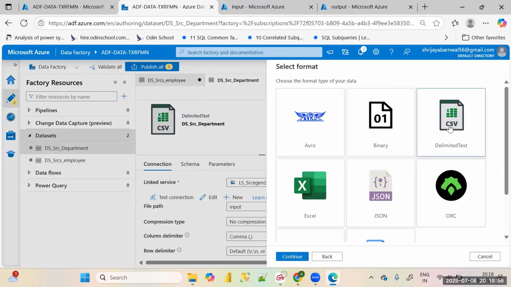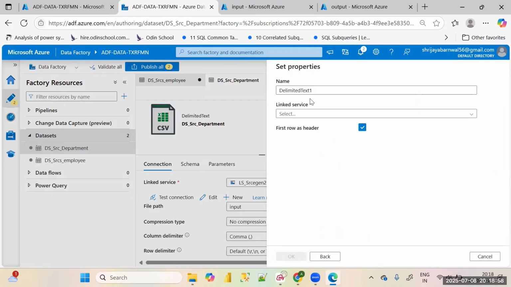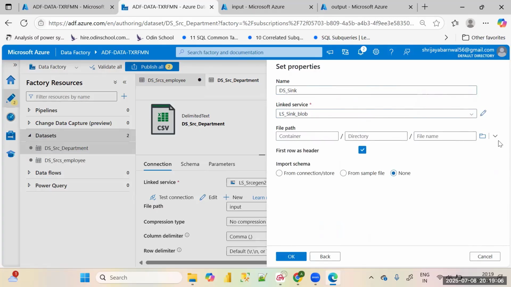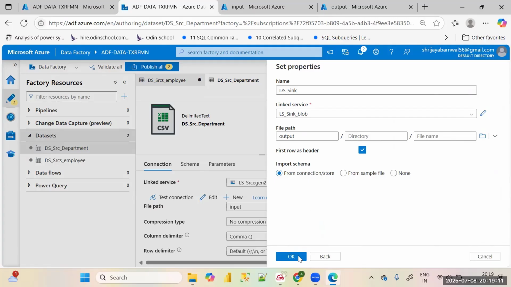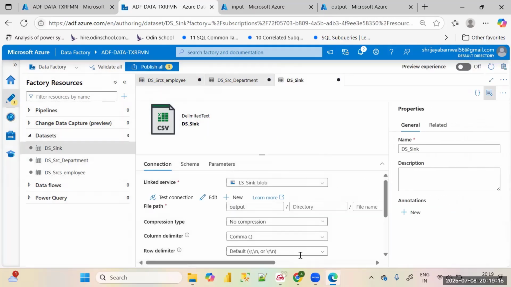Continue. We have a CSV file. It is our sync dataset, the sync link services, where we want our file to be found. So we saw how we have a source and created three datasets, one for employee, one for department, and one for sync. We should come in manage,